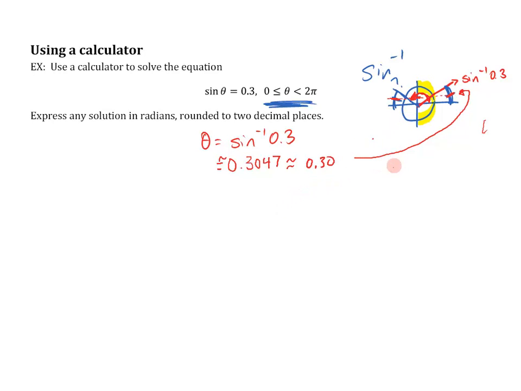So to get this angle, which is the one I have marked in red right here, would be pi minus 0.30, okay? And pi minus sine inverse of 0.3 or 0.30. Again, from my calculator,